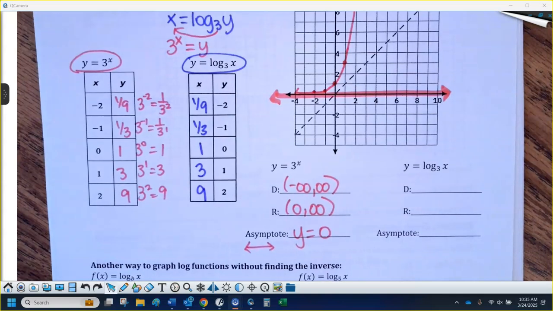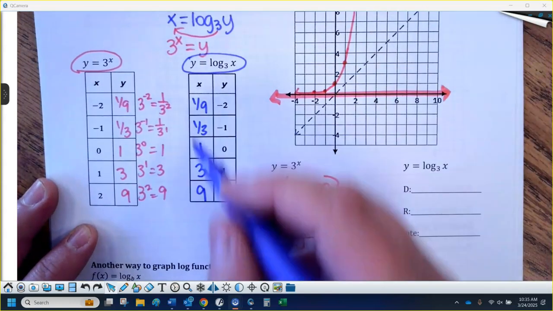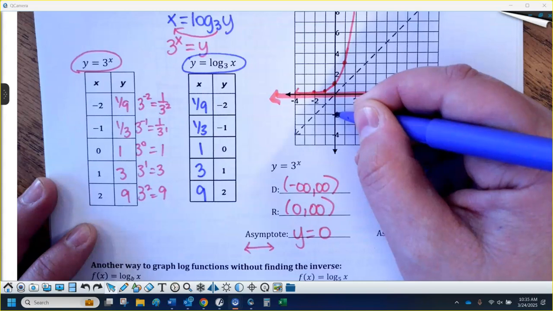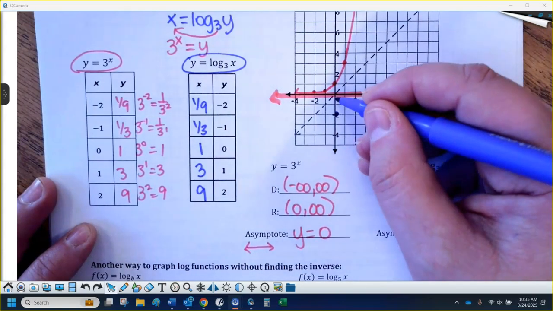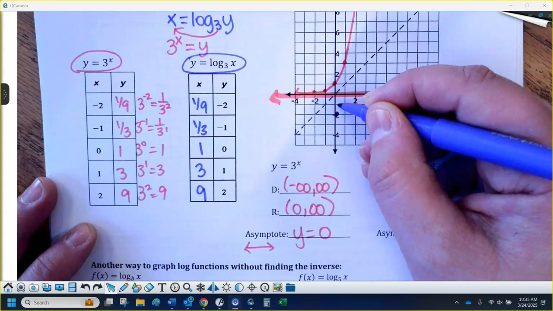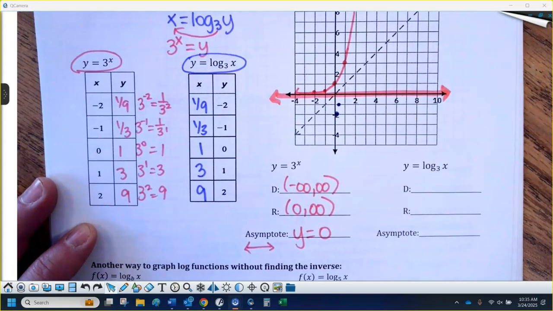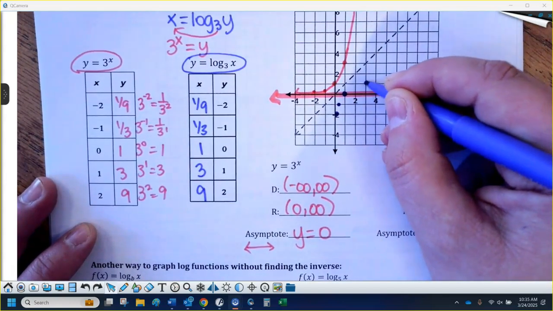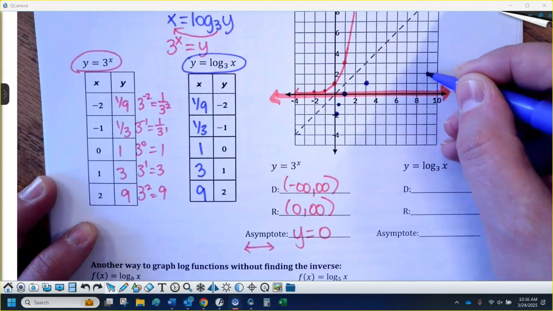And if you remember, inverses are a reflection over the line y equals x, which is the little dotted line that you see in the diagram there. So if we folded it in half on this diagonal line, if I graphed it perfectly, it should match up. Okay, now here's the deal with this. When you graph this, my x value is 1/9. So like I'm barely going to go over and then try to put a point down near negative 2. If I go over 1/3, I'm just barely going over, just estimating 1/3 of the way, and then go to negative 1. The rest of these, 1, 0, 3, 1, and 9, 2,